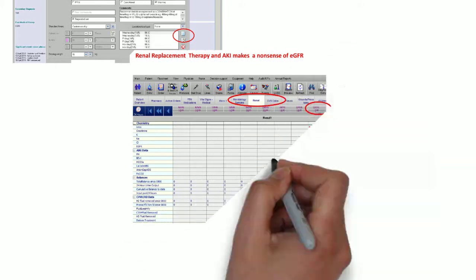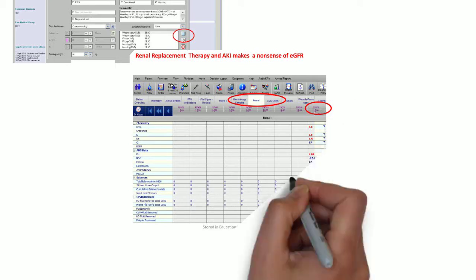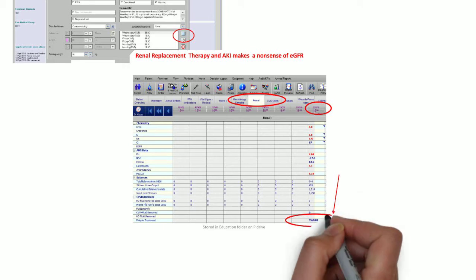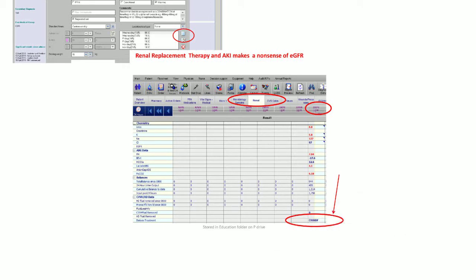pre-prescribed in that manner. And lastly, where renal replacement is concerned, it makes a mockery of EGFR. So if you want to find out if somebody has been on renal replacement,